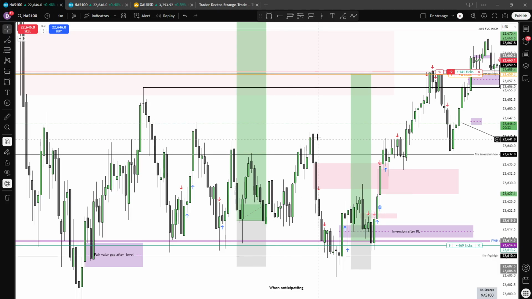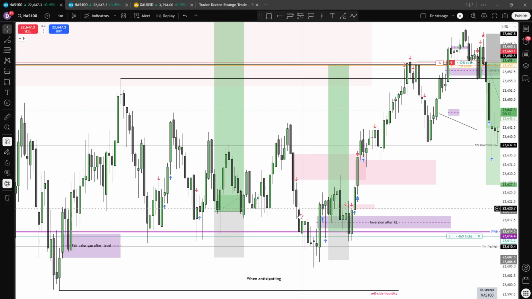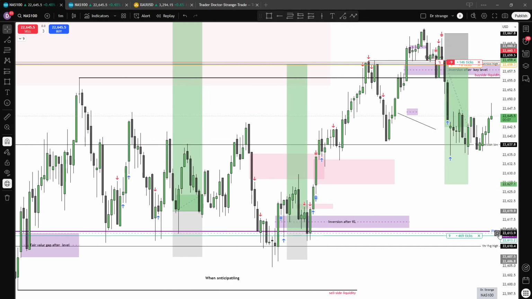Price moved in my favor. It chopped around, as the retailers are saying, what a choppy session. Price comes back again. It took me out, because now this was it. Remember the rules I have just told you, that when you're at a key level like previous weekly high, you want to buy below or at the key level.